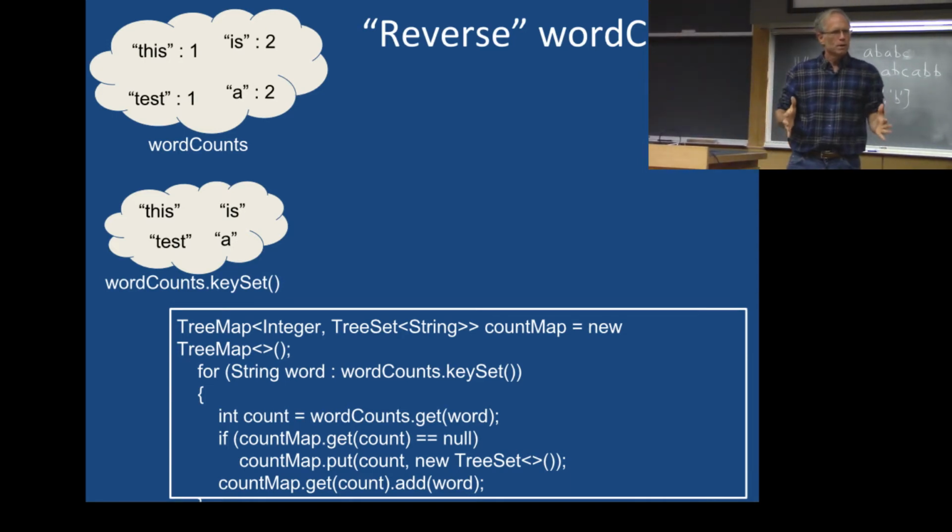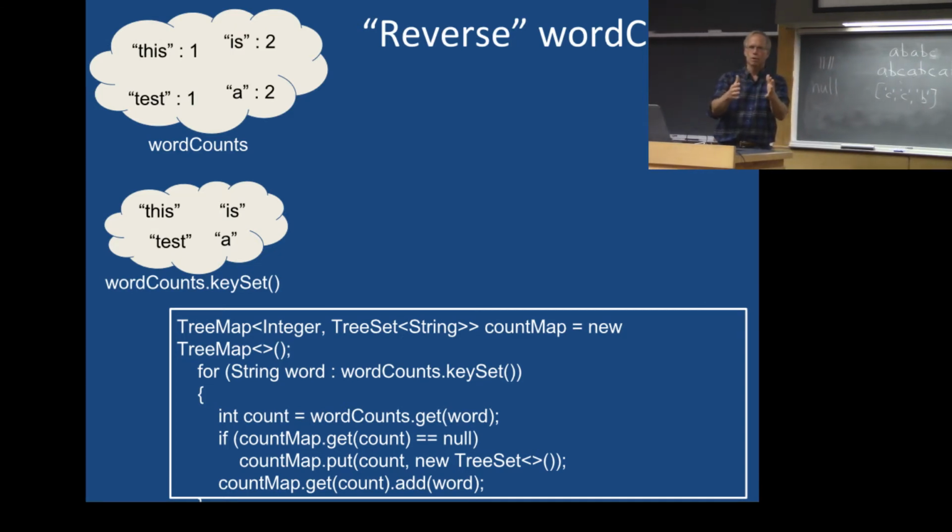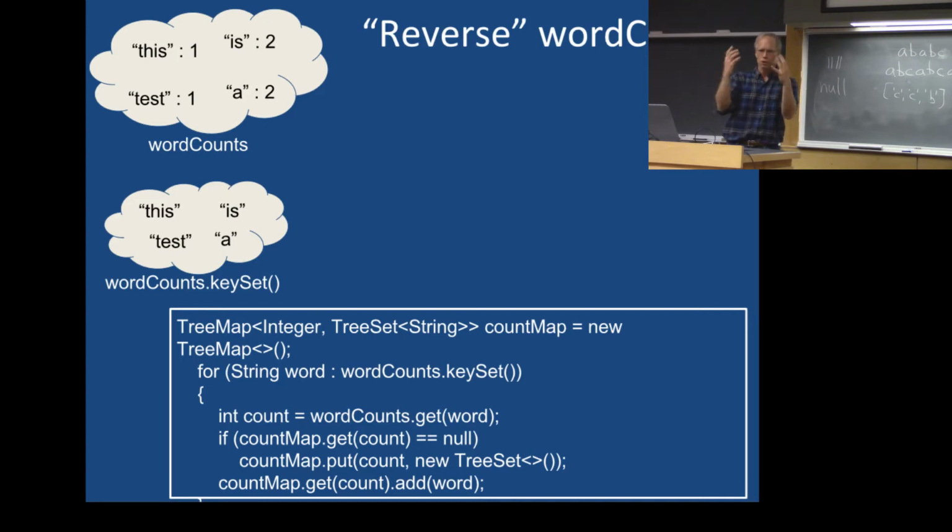So what she said was, you can take the number 3. There can be any number of words that occur 3 times. There may be none, there may be 7, there may be 100. Now, in the original problem, a word occurs some number of times. When we flip it around, it's just a different problem. So we need to map every count to the set of all words that have that count. And so up there I put up the one thing we've already computed, wordCounts. When we flip it around, when we reverse it,